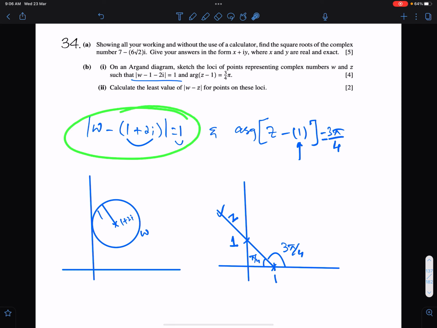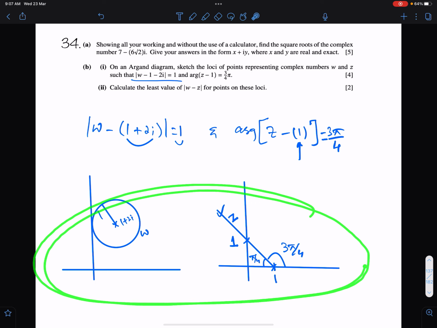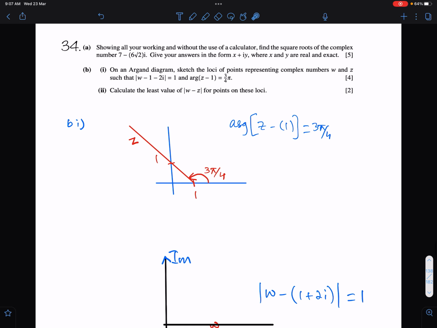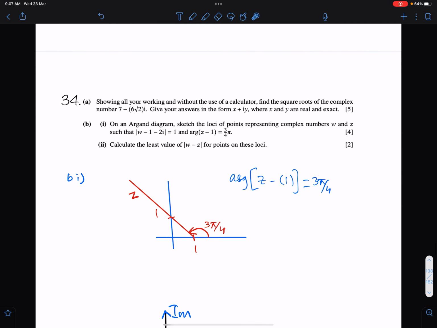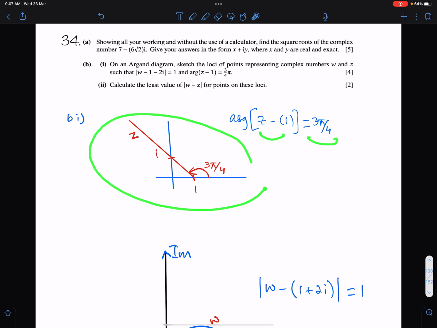So this means circle of radius 1 and center at 1 plus 2i, and this means a straight line from 1 on real axis of angle 3 pi by 4. But we have to sketch both of these loci on a single Argand diagram. First, check the fair solution of this part. Z minus 1 3 pi by 4, this is here,